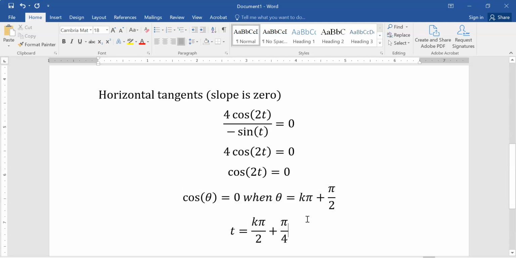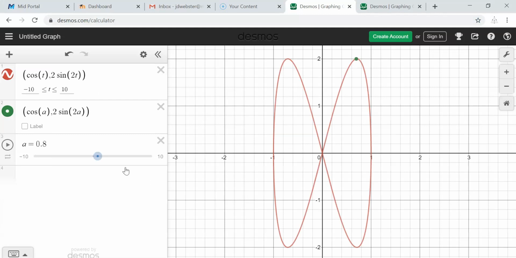And then you go add pi over 2 to that, add pi over 2 to that. You're going to get at this spot right here. Add another pi over 2 to that, you get at that spot. Add another pi over 2, you get back here, and then all the way around, and you get back to your initial